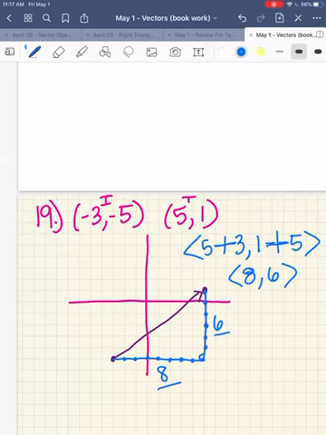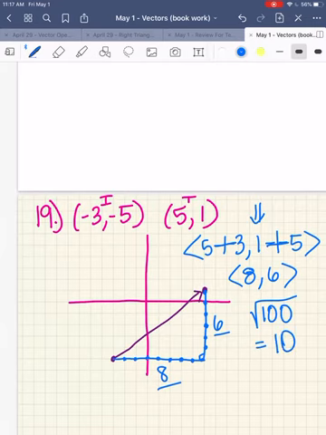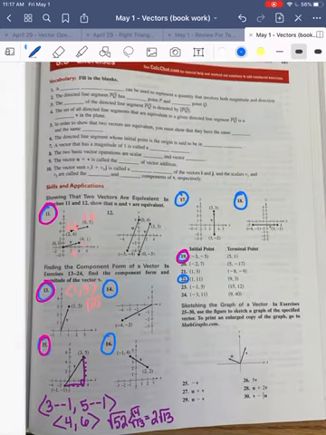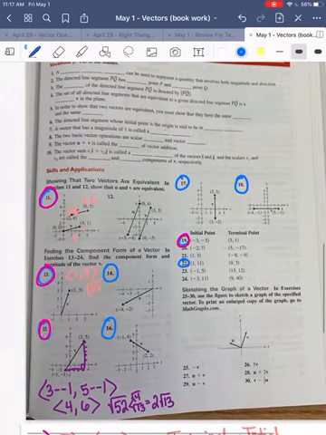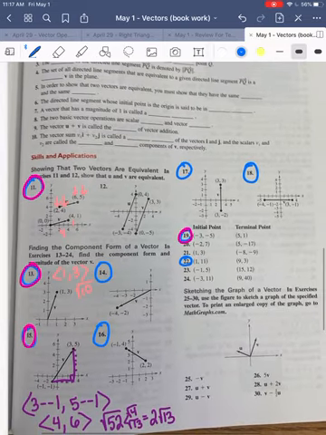So if your forte or your strength is drawing, then go for this method. If you just want to do the straight up algebra, go for this method. That's kind of what I choose. And then the magnitude would be 64 plus 36, which is 100. And that is a perfect square, so our distance is 10. Or the magnitude. So what I would like for you to do is 14,